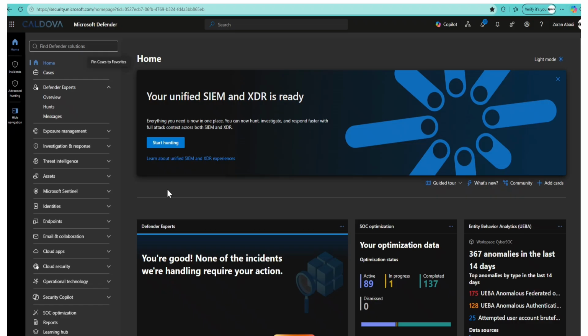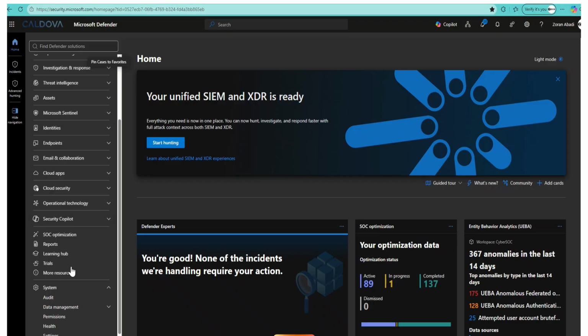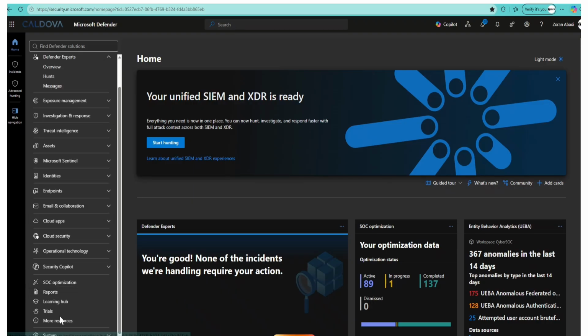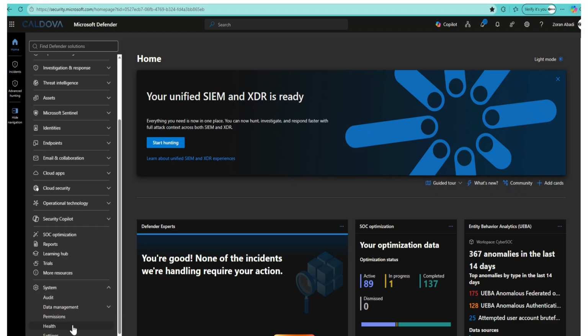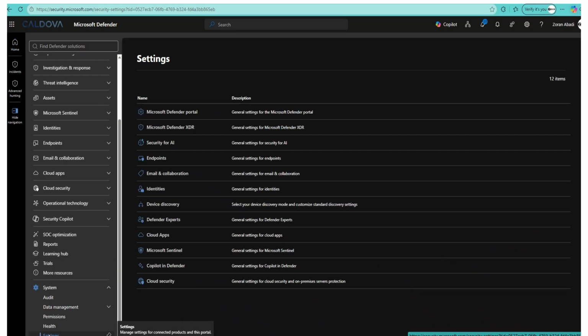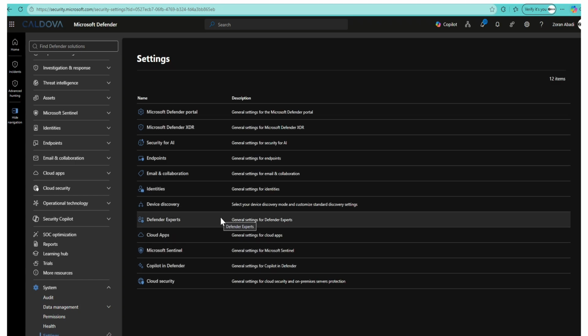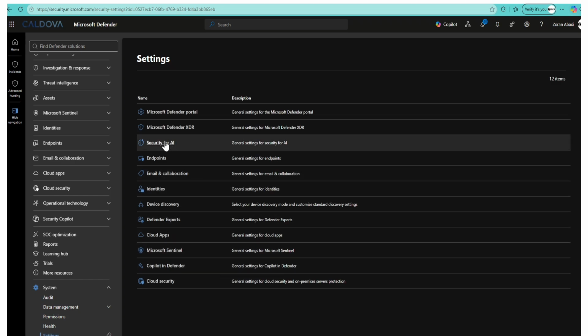Most of the things we're going to discuss have to be configured properly before they work. So at the bottom of this menu, you're going to click on settings, and then on the settings menu we are going to click on security for AI,